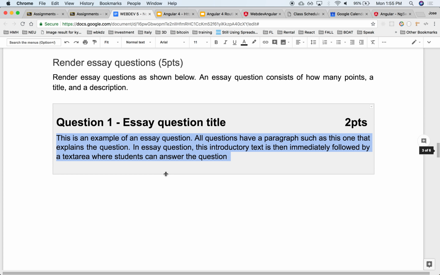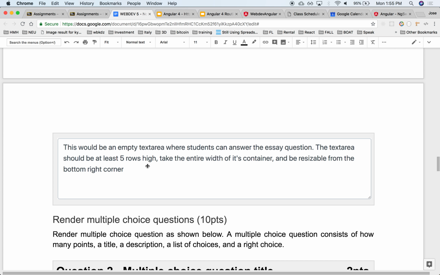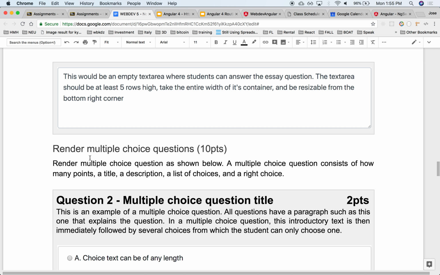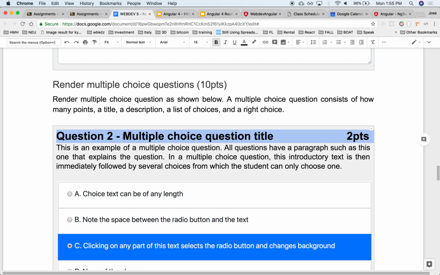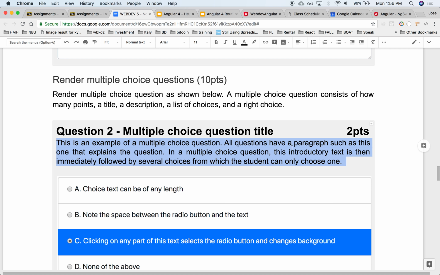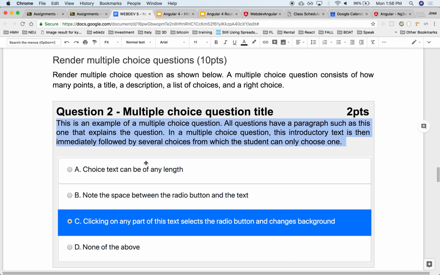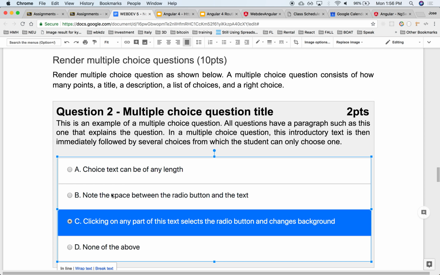And down below, since this is an essay question, it has a text area box where folks can type in their answer, their long form essay answer. Make sense? Okay. The next one is the renderable multiple choice question. So if it's multiple choice, again, it'll have the title on the left-hand side, the points on the right-hand side, then a description, and down below, it's going to iterate over the array of choices, and for each choice, it'll render as several checkboxes,